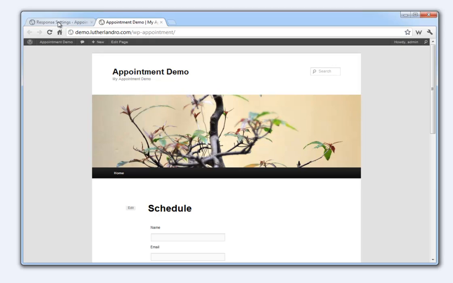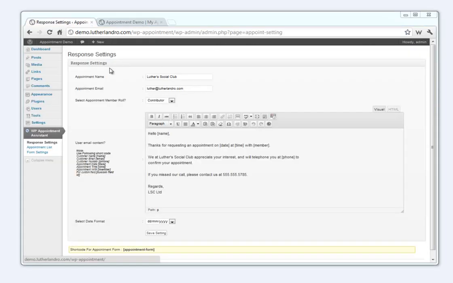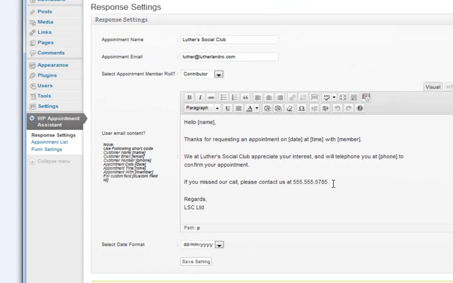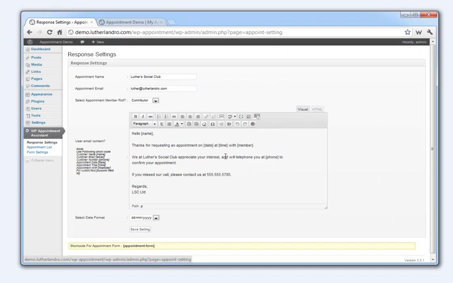But if we go under the hood, after you install that, and I do have an install video, it's included in this package, you're presented with this screen here. You go to response settings, and this is where the autoresponder will kick back a message to anyone who submits to the form. You must configure this section here in order for the form to work, or for the appointment plugin to work. So, put in the name there and then the email address of who you want the